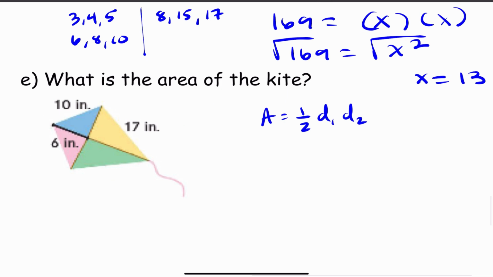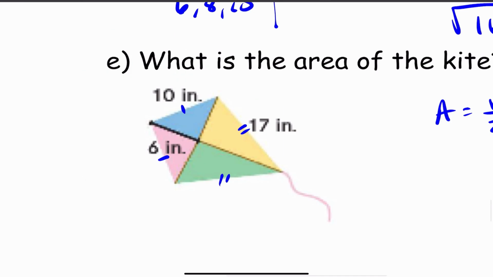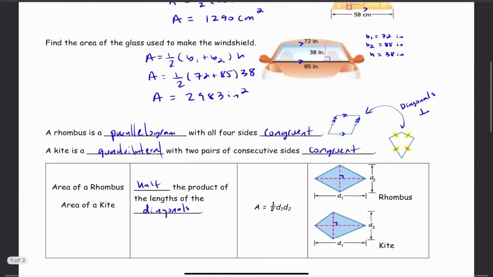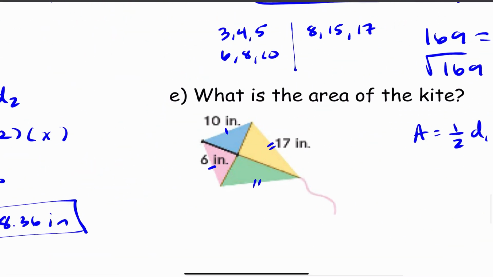All right, we're dealing with the kite. We're only given the side lengths. What do we know about kites in general? Well, the consecutive sides are congruent. Yes, because that's one of the properties of a kite. It says right here, a kite is a quadrilateral with 2 pairs of consecutive sides congruent. Okay, so that means